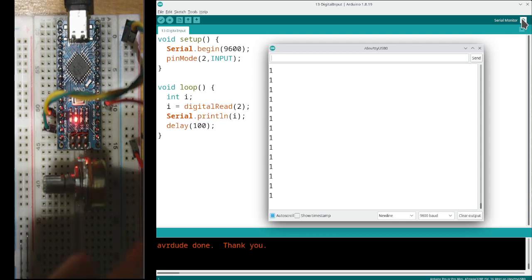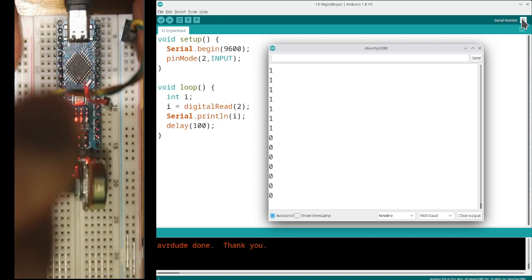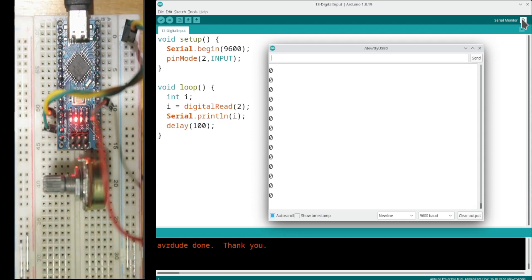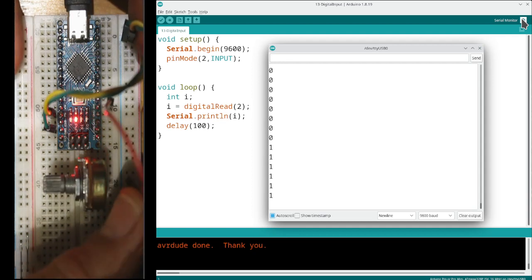And so now what I'm going to do is connect the one side of the potentiometer. Let's go for black. Okay, I'm now going to connect the one side of the potentiometer